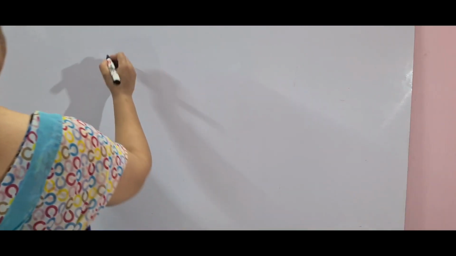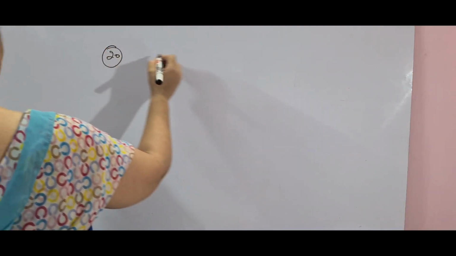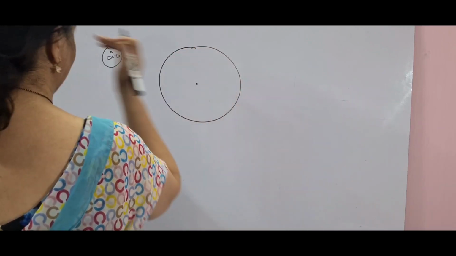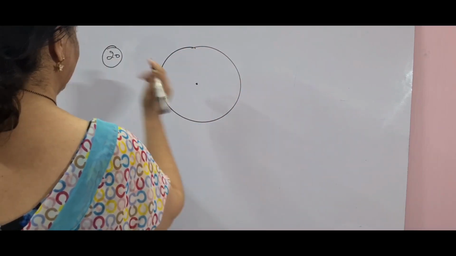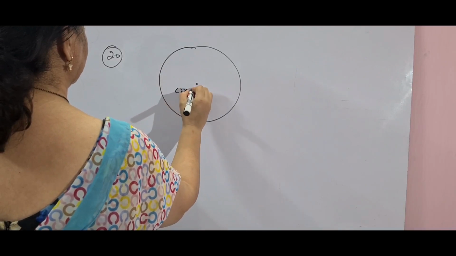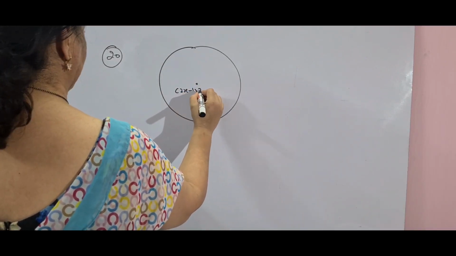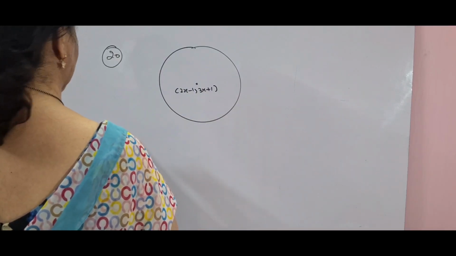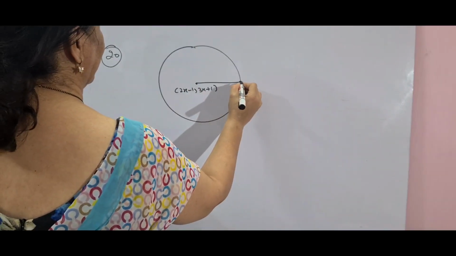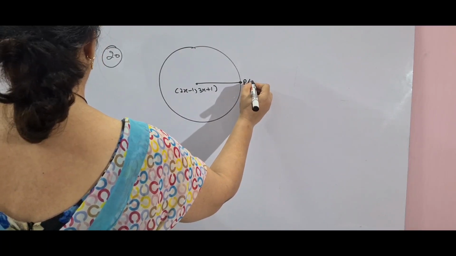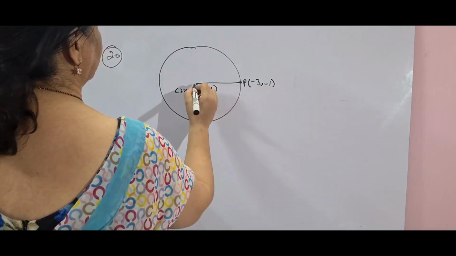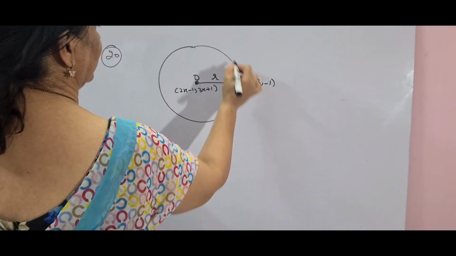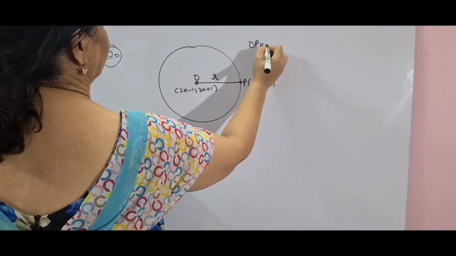Question number 20, again a very easy sum. The center of the circle, again a very important sum. The center of the circle is given to be (2x minus 1, 3x plus 1), and find x if the circle passes through the point. Passes through means the point is lying on the circumference. That is what I wanted to tell you. Center O and P is on the circle, because the distance of the center from the point on the circle, OP, will be R. So you know the radius.